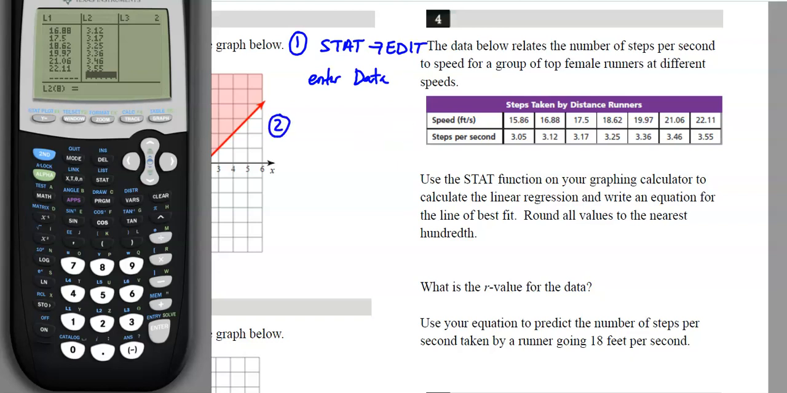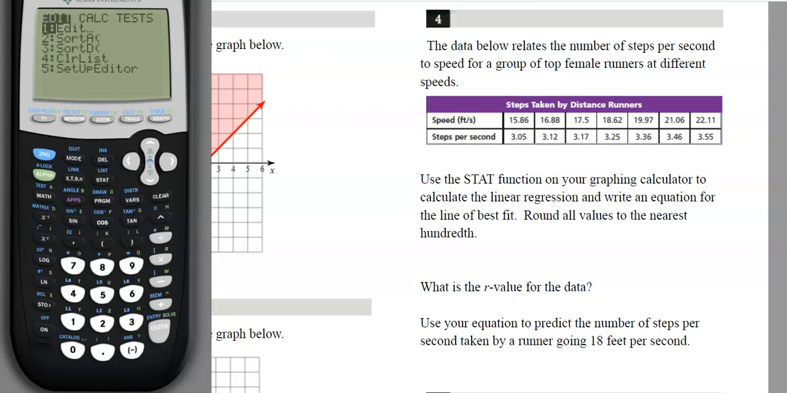So step 2 is where we want to do stat, calc, and then you're going to choose number 4, which is linear regression. All right, so I'm going to go back to my calculator. I'm going to do stat. Now we don't want to edit the list, we want to calculate the list. I'm going to go down to linear regression, hit enter, and just hit enter again, all the way down,